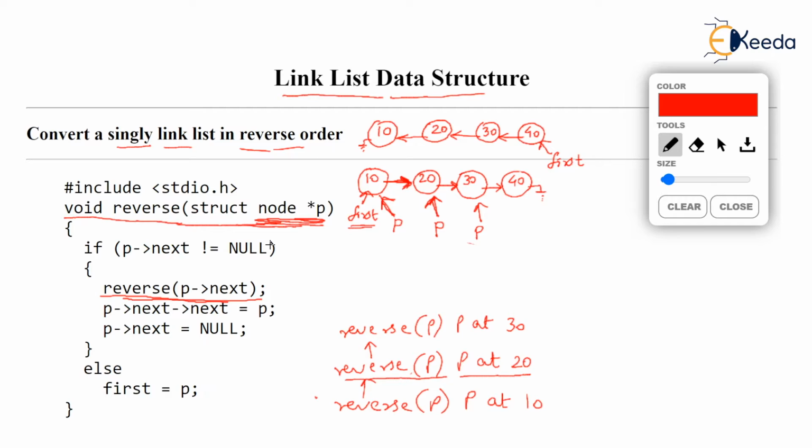Let's start this function, reverse P with P at 30. If the function starts, it will again check is P arrow next not null. We are asking is 30 is next not null, isn't it? Well, observe, 30 is next is storing address of 40. So it is not null. Hence, we will enter the if and call reverse again with P arrow next. But P arrow next now is 30 is next, which is storing address of 40. Hence, reverse is called with parameter P with P at 40. So a fresh function has begun, pointer P now pointing at 40. So we can say now reverse is running for node 40 because P is pointing at 40.